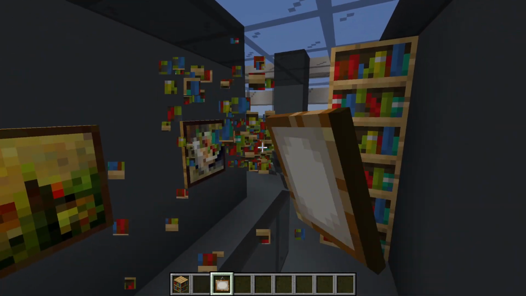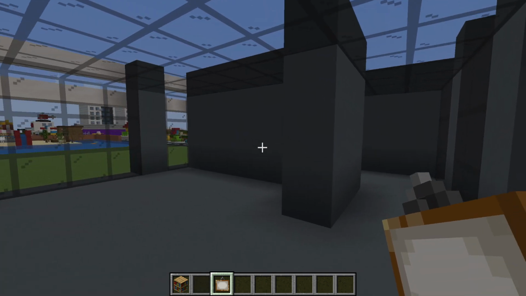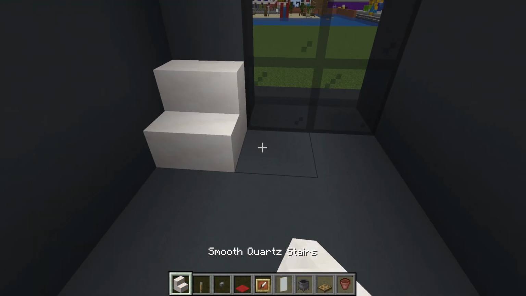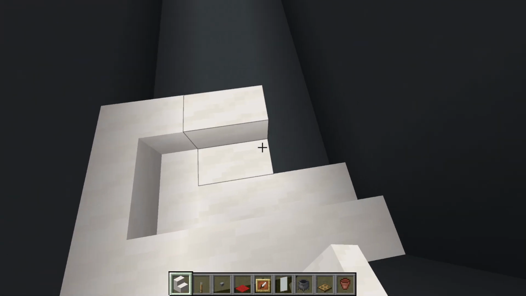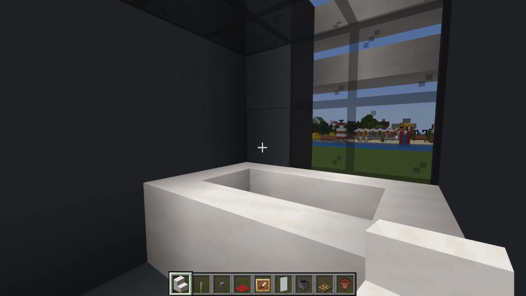Perfect, just on this wall. I quite like this. We will now head into the exact opposite side of the house and work on the bathroom. So in this room, we will place some quartz stairs looped together to make a rectangle against this wall